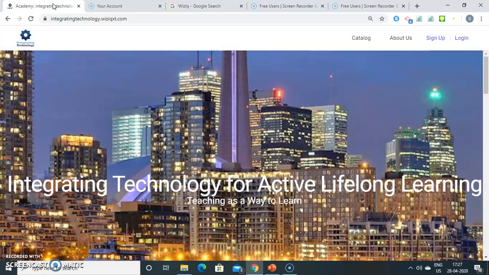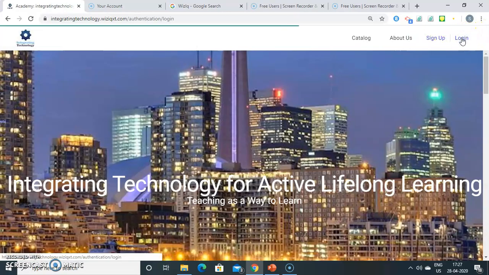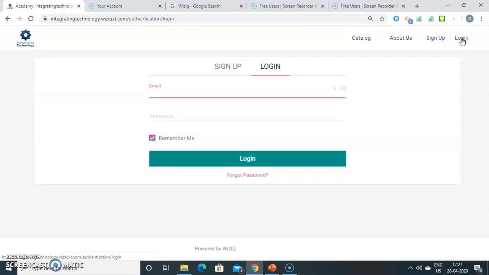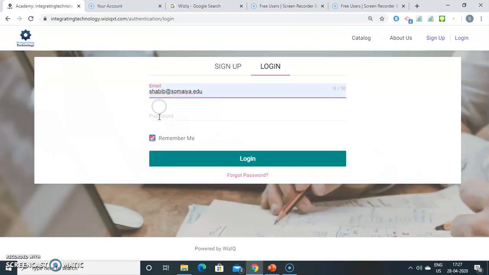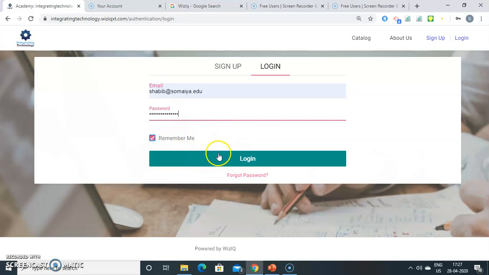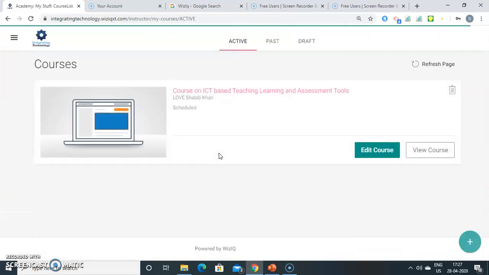So if you are a first time user, you need to sign up. And if you already have an account and have been using it for some time, you will click on login. So I will click on login. Once I click on login, I will be putting up my details. So I will enter my Gmail ID, I will enter my password. So overall, it's a very simple user-friendly approach once you go to the portal.